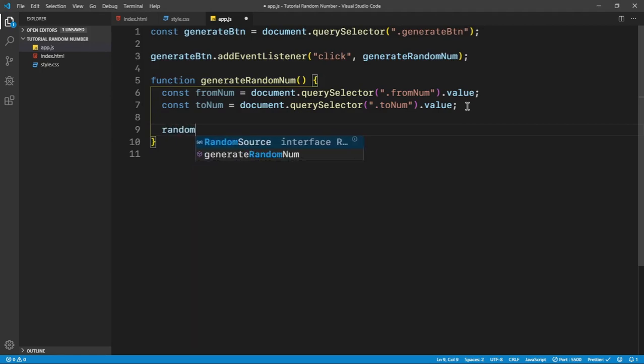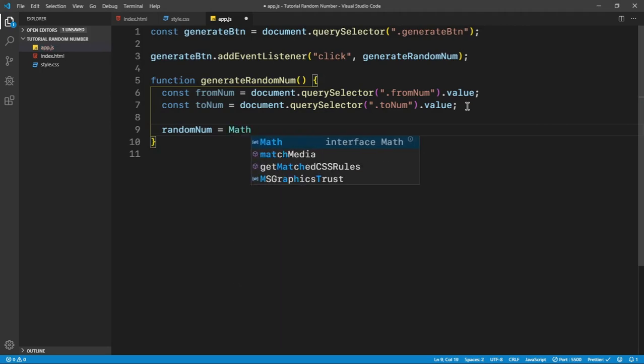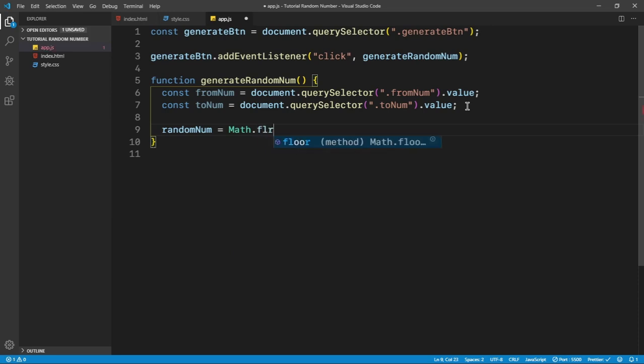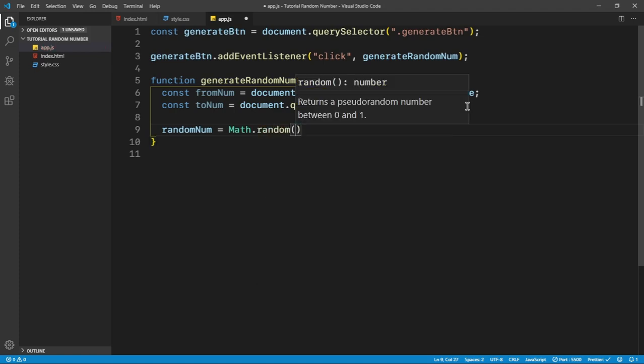number. So I just call something called random number. Okay, I just call random num, and this is how you generate a number. You say random, you just say math. I'm just getting confused with Python. Okay, so Math dot random. This is the function Math.random, and if I save it and I just